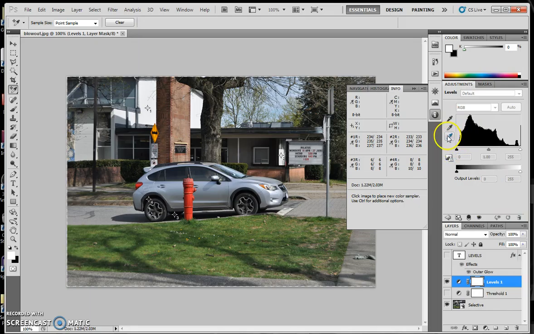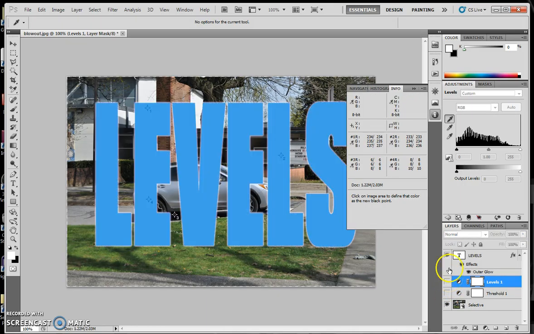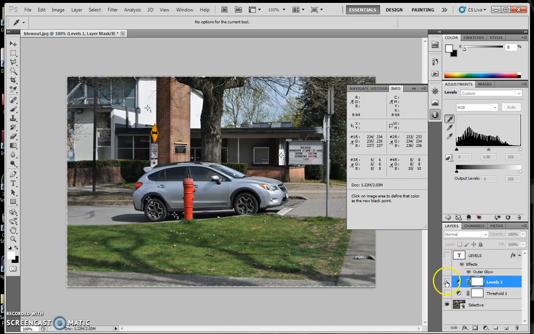and in my levels layer I have three eyedroppers. So I'm going to take my white eyedropper and click on the white part of the image. I'm going to take my black eyedropper and click on the black part of my image. And you can already see when I turn the eyeball on and off, there's a slight difference here. What I'm going to try actually is take my white eyedropper and click on the other white spot, so that didn't really change anything. And I'm going to try the other black spot as well, just to see,